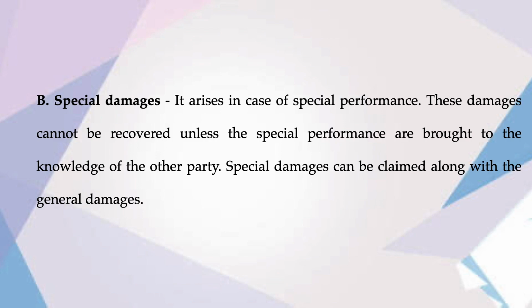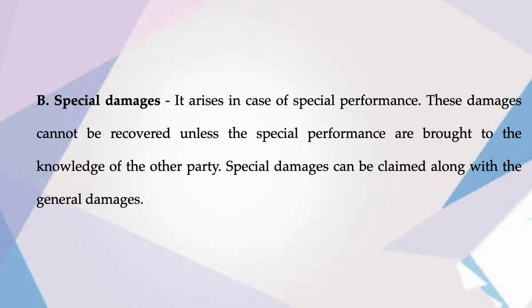Second type of damage is special damage. It arises in case of special performance. These damages cannot be recovered until the special performance are brought to the knowledge of the other party. Notice that word here, knowledge of the other party. Special damages can be claimed along with general damages. So basically, special damages are an additional cost that the aggrieved party can receive from the party which has breached